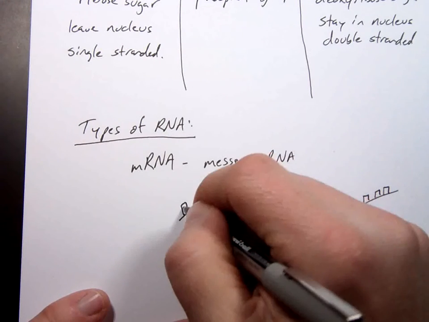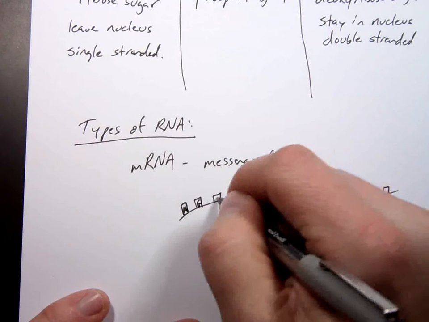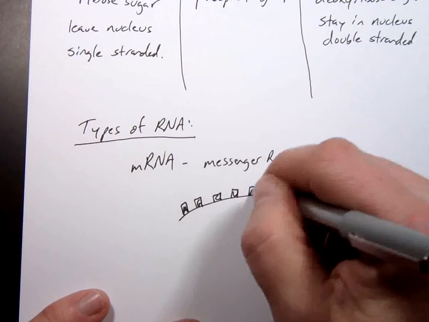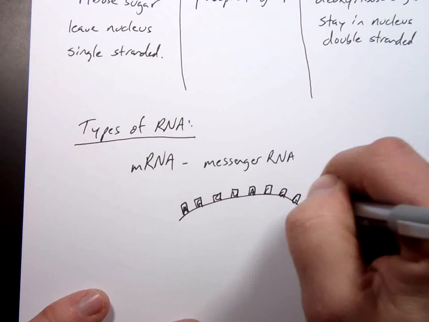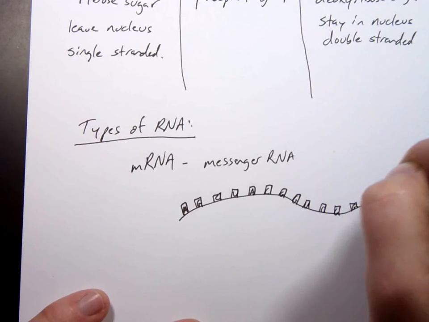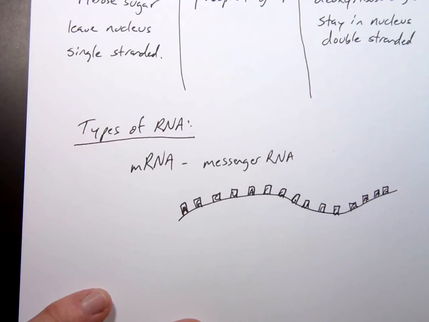And so we could use A, G, C, or what? U. A, C, G, G, U, C, G, G, A, G. Doesn't have to be that, but